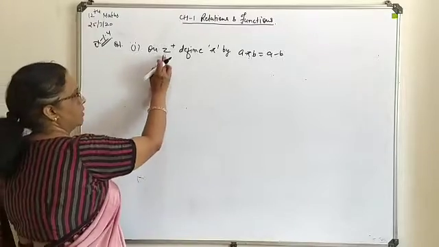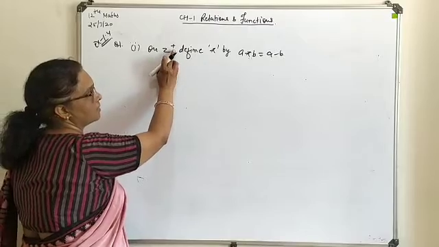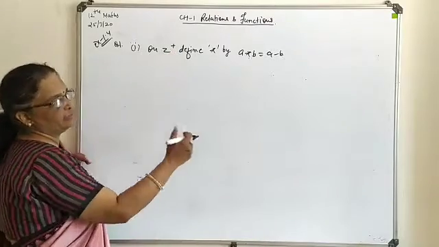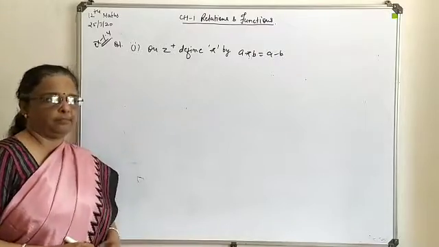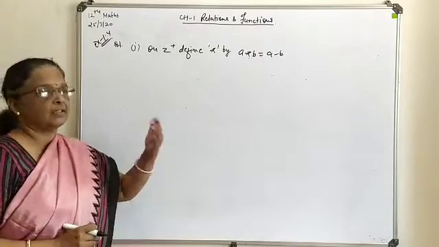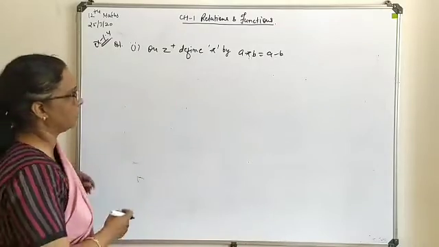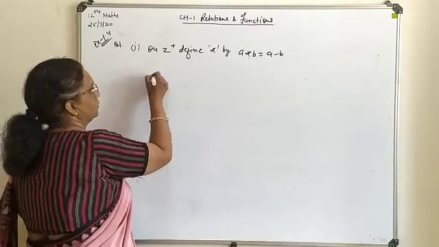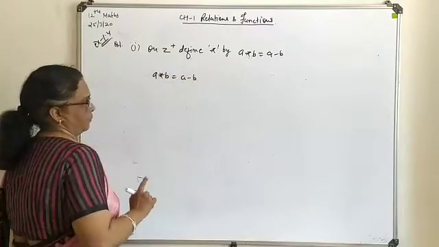Here z plus means you are going to take only positive values, like 1, 2, 3, 4 up to infinity. When you are talking about any binary function, the answer should come in the set itself. So let's try to understand what is going to happen here. Here a operate on b is such that a minus b.